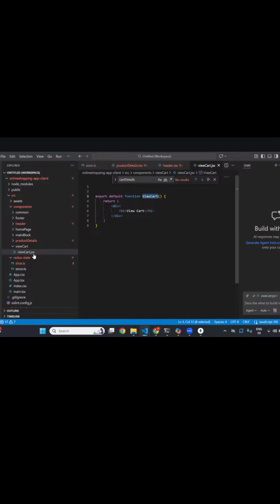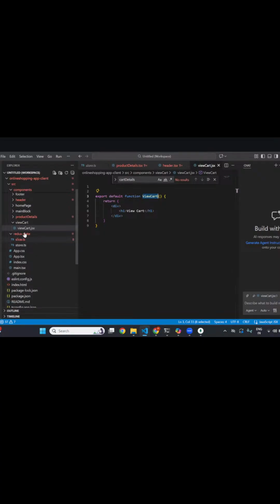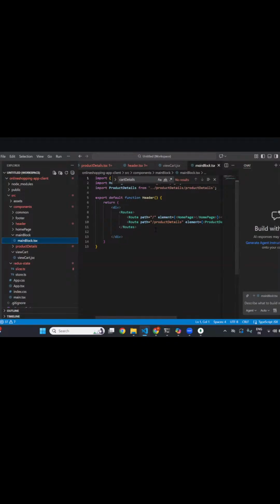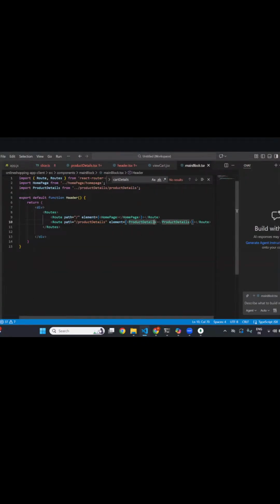And this guy, let's go into where is our routes main block. Okay, so here, say route view card. Import card from so and so. Okay. Now, when I come back here, when I click on this view card,